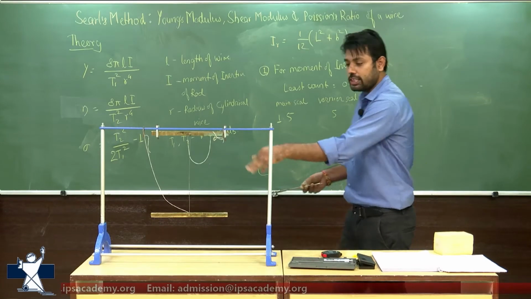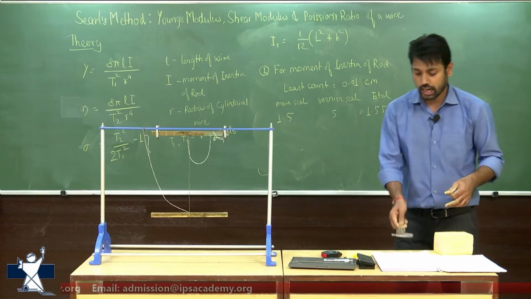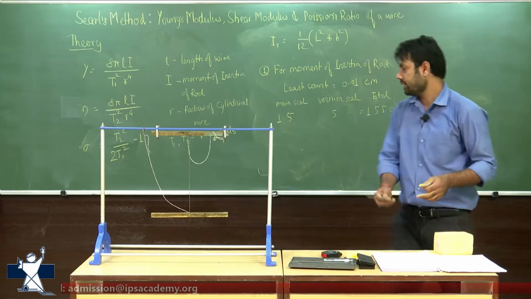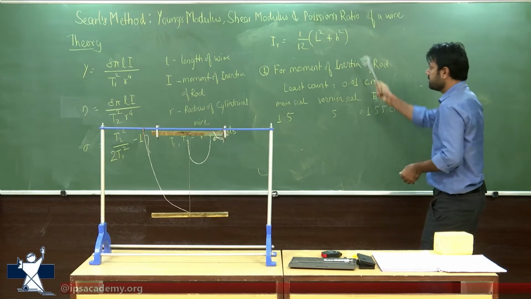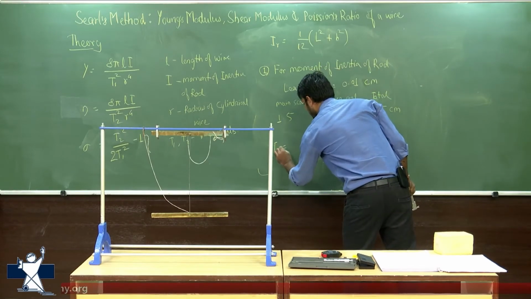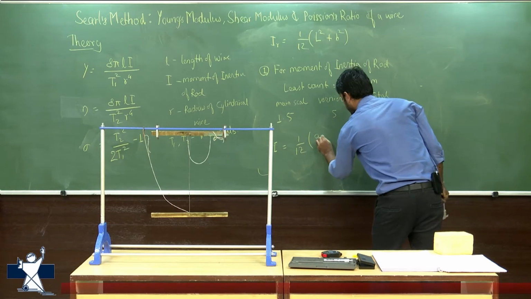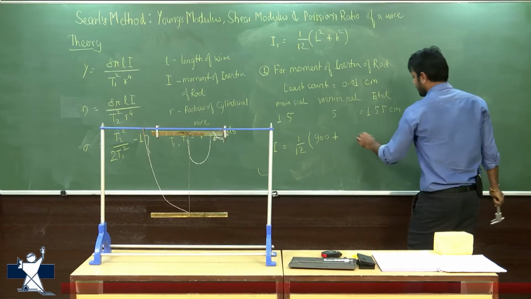Okay, and the length we already know, we don't need to measure it. Of course ideally we should measure the length of the rod also, but we already know the length is 1 foot or 30 centimeters. So we are going to put these values to calculate the moment of inertia. So the moment of inertia I equals 1 by 12 into 30 square, which is 900, plus 1.55 square, which will be equal to,